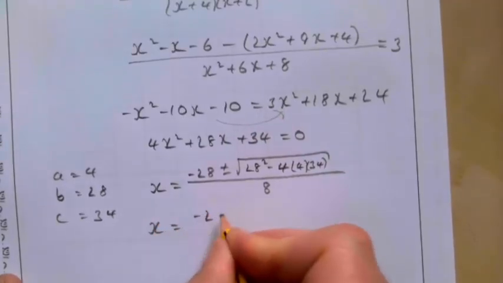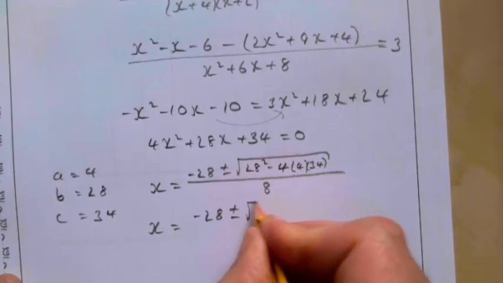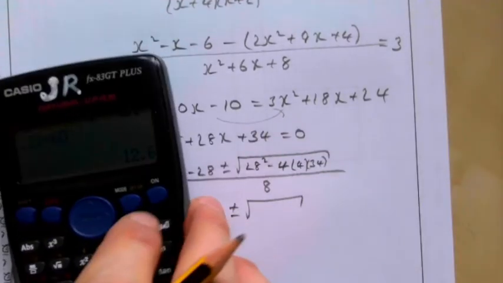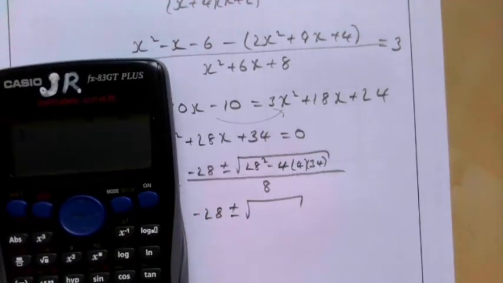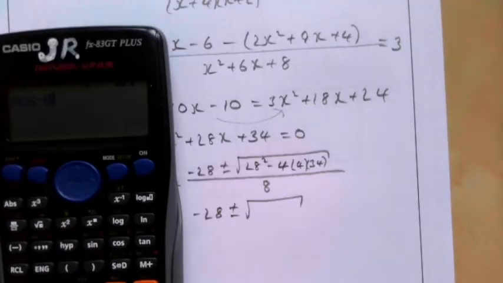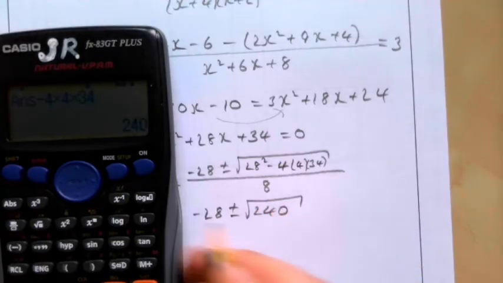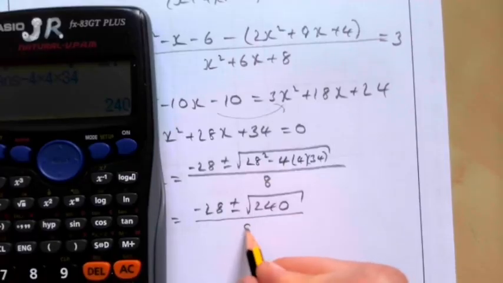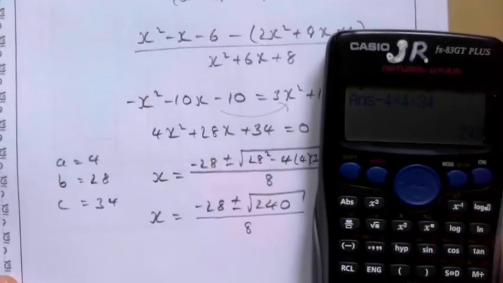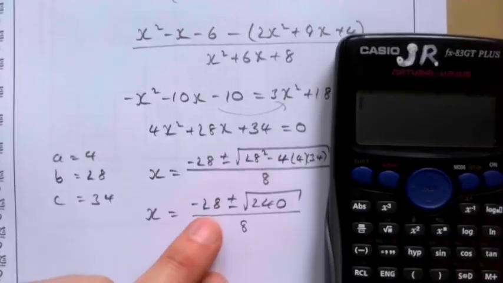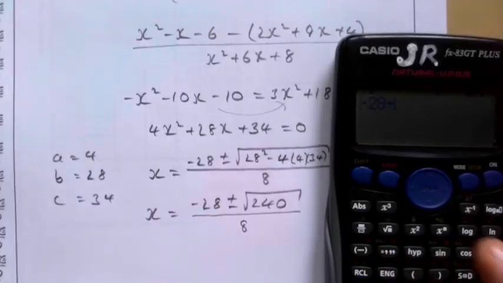X equals minus 28 plus or minus the square root of 28 squared, take away 4 times 4 times 34, that's 240, and then that's all over 8. And again, if you put those into your calculator, you should get two answers out. So if we go for minus 28 plus square root of 240,